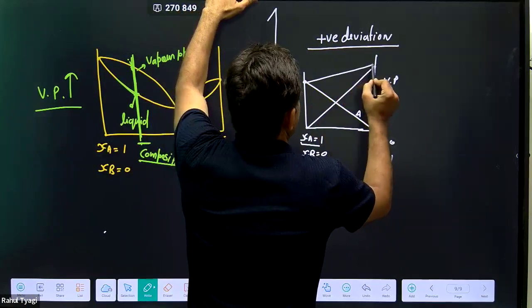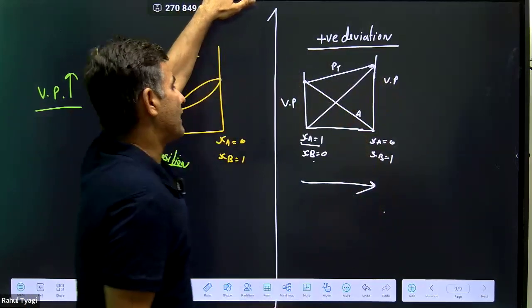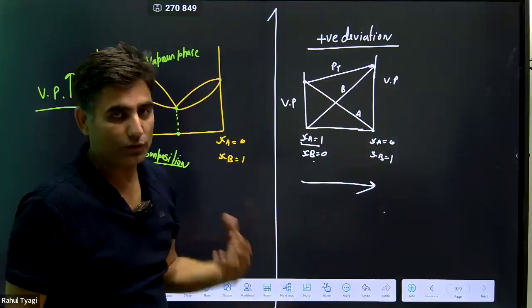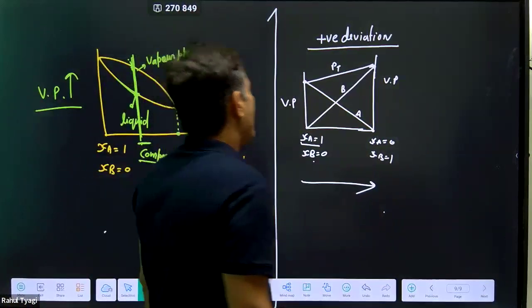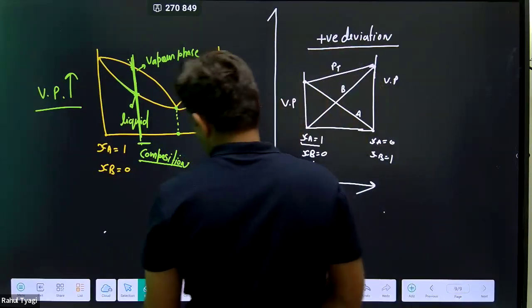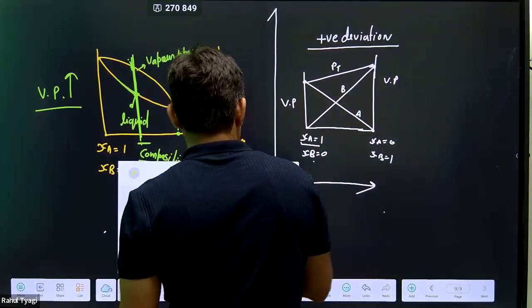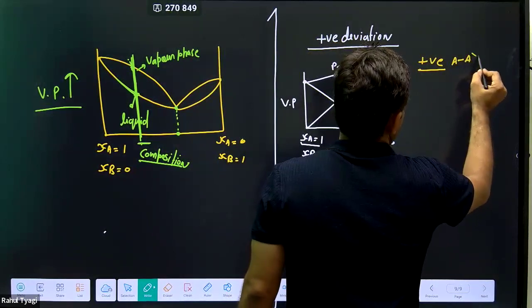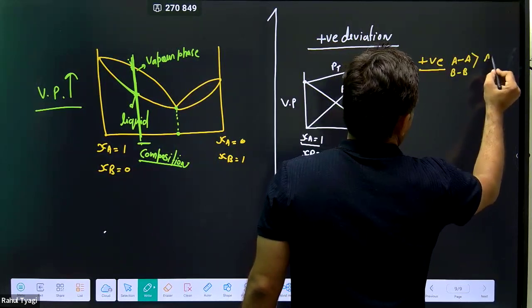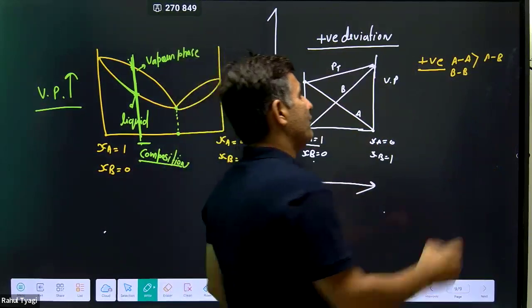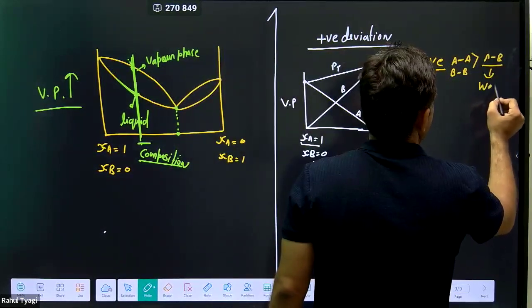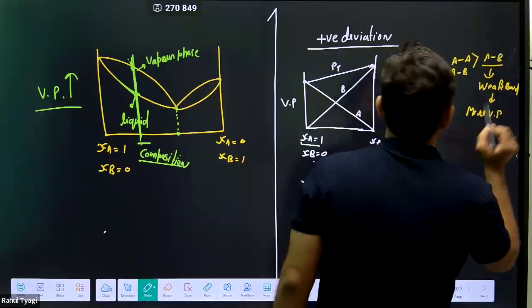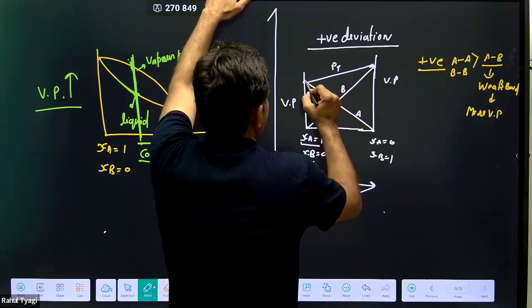ये P टोटल आ जाएगा यहाँ पे, क्योंकि ये तो A को डिनोट कर रहा है, ये B को डिनोट कर रहा है, लेकिन टोटल के अंदर तो बहुत कॉन्स्टिट्यूट द वेपर प्रेशर। If suppose positive deviation is there, पॉजिटिव डेविएशन के अंदर क्या होता है, ए का बॉन्ड स्ट्रॉन्ग होता है ए बी के बॉन्ड से। इट मींस वीक बॉन्ड, वीक बॉन्ड मींस मोर वेपर प्रेशर। तो जो मेरा वेपर प्रेशर आएगा वो ऐसे आएगा,